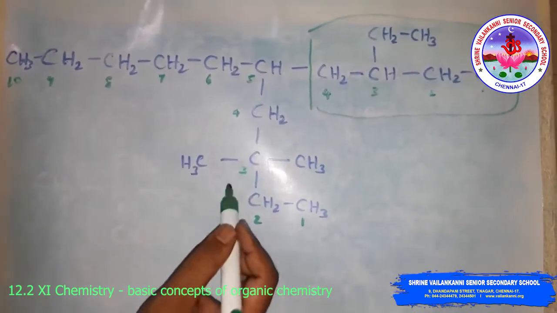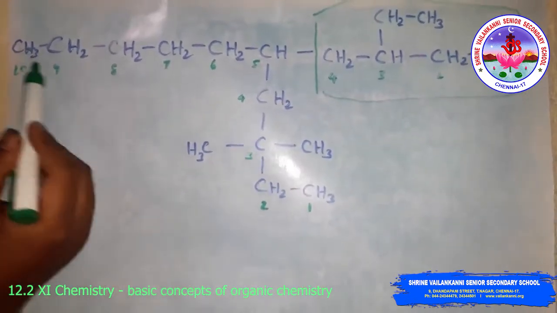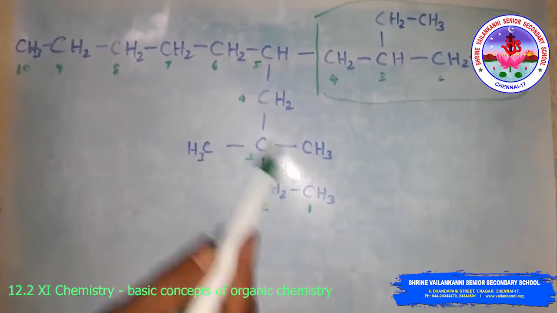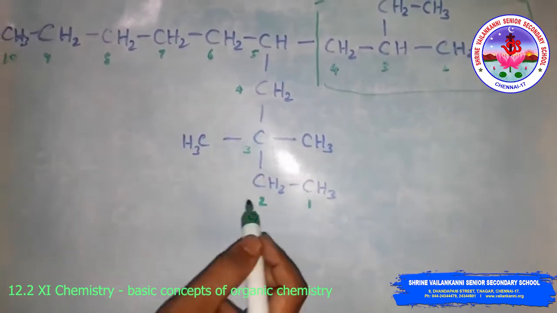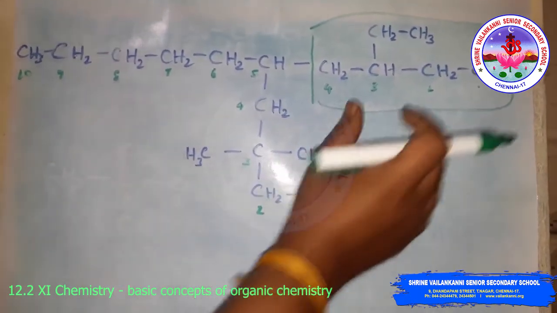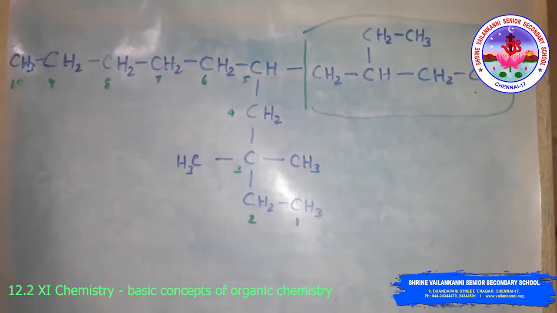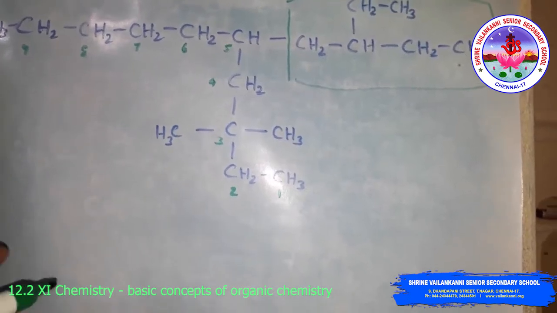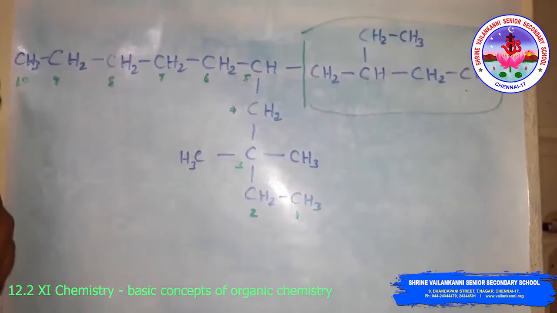What is the lowest sum rule? Second, third position having the branching. Here, if I choose 1, 2, 3 like this, then the fifth, sixth, seventh positions have the branching, so you have to follow the lowest sum rule. So the numbering is 1, 2, 3, 4, 5, 6, 7, 8, 9, 10. Then name it. How many carbons are in the long chain? 10. After selecting the chain, the numbering is to be done from the end closer to the substituent.